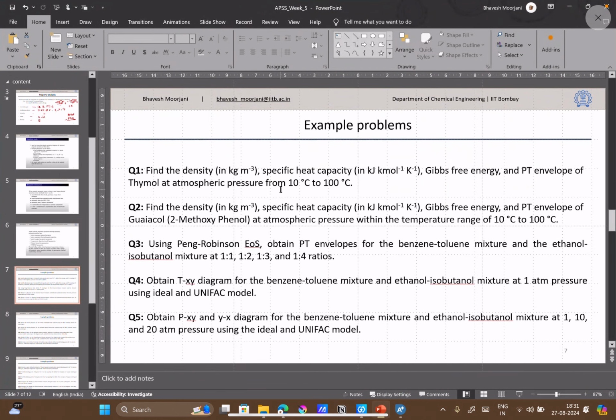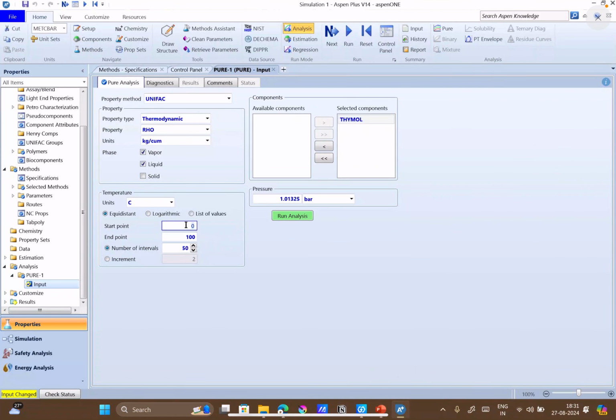We have been asked to compute the property between 10 to 100 degree centigrade, so provide 10 to 100 degree centigrade. You can change the number of intervals, how many intermediate points you want. Once all this is done, just run the analysis and it will create the plot for density versus temperature.